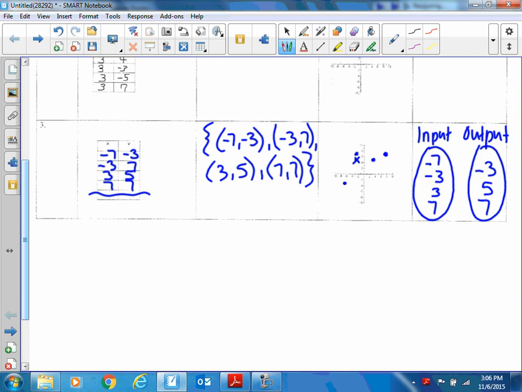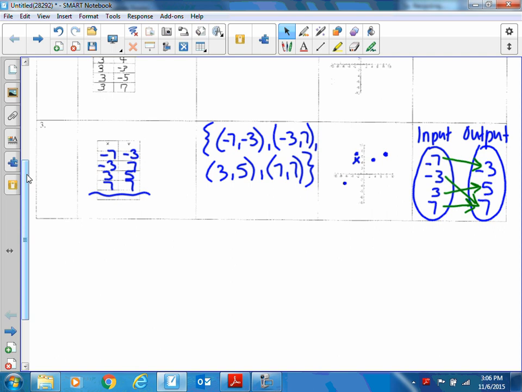My -7 goes to my -3. I'm just going to draw arrows. Here, -3, 7. I have 3, 5. And I have 7, 7. So again, there's two different x values that share the same output of 7, and that's fine to leave it just like that. All right, the ones I'm not doing,